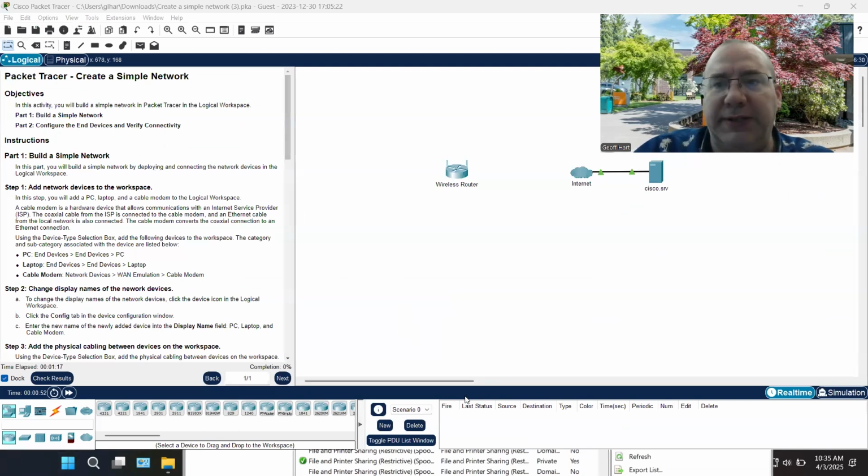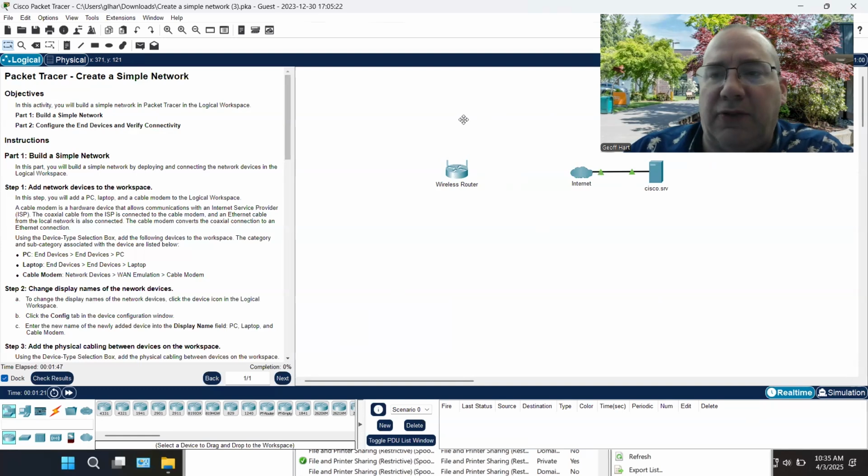And what you'll do here is take a screenshot of this and go ahead and capture the Cisco Packet Tracer bar up at the top that shows the file name from one corner down to the opposite corner, showing today's date and time, or not today's date and time, but the date and time that you are doing the work. Okay. And that is just demonstrating that you are able to log into Cisco Packet Tracer.